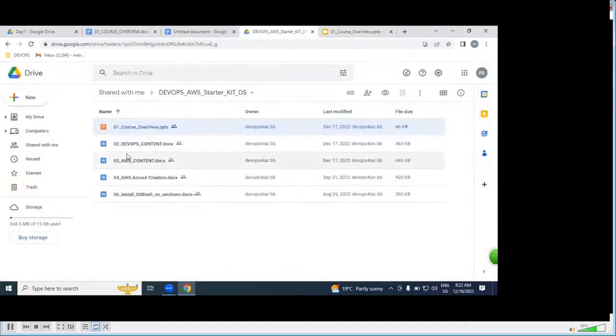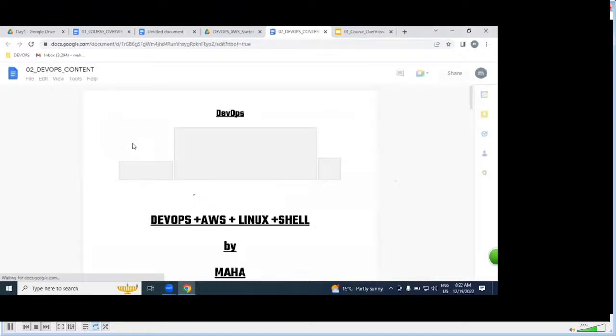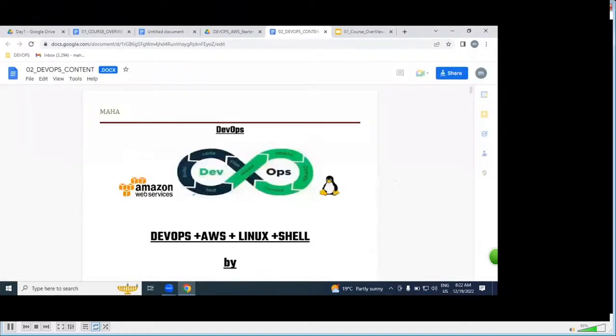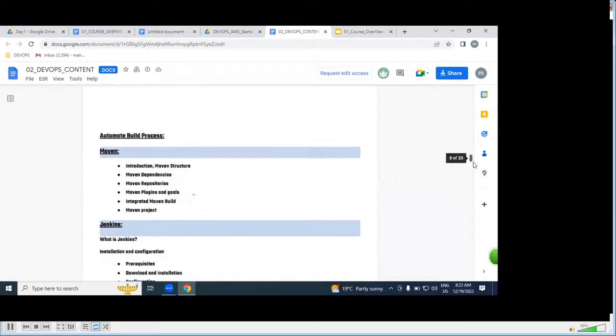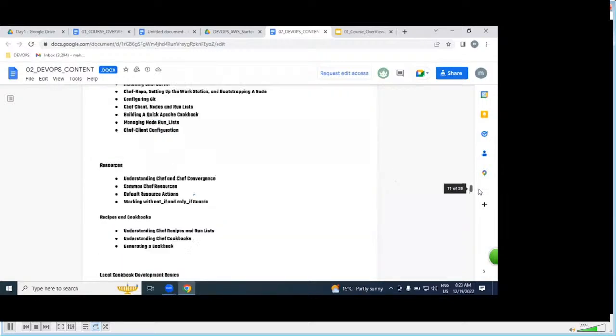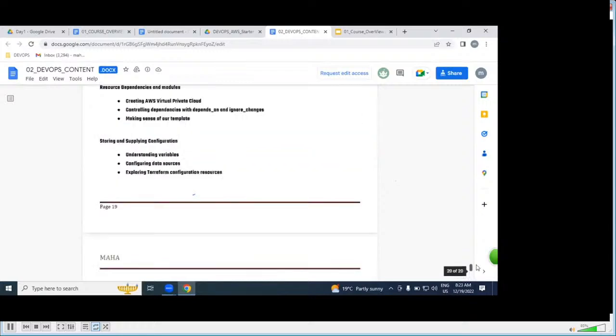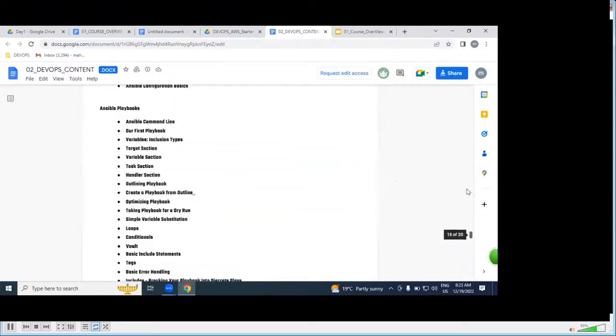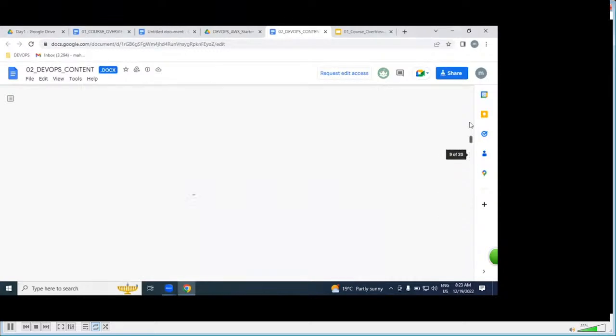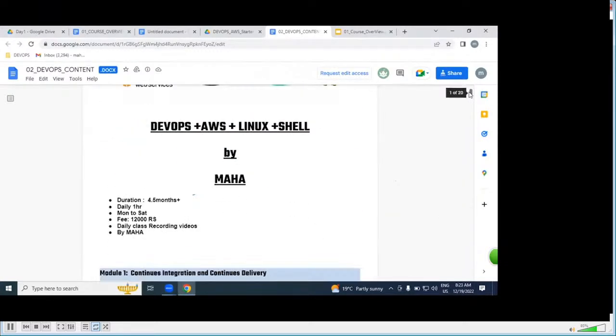The next document is the DevOps content. Please look at what exactly we are going to discuss in DevOps. It is around 20 pages of DevOps content.